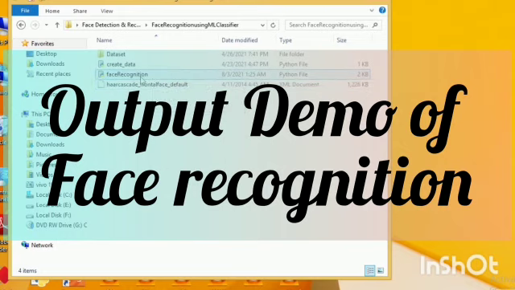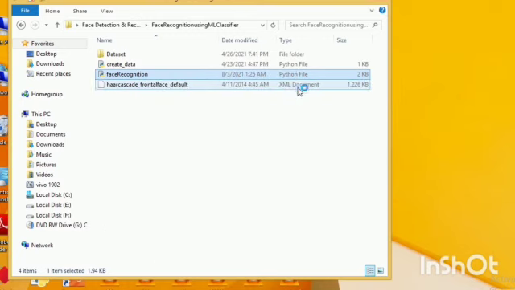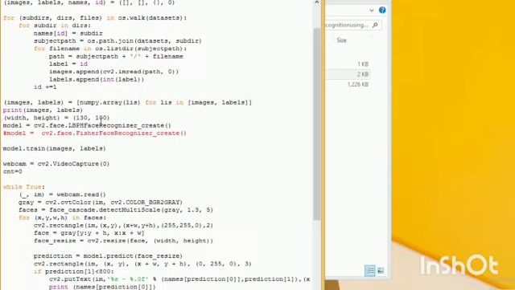Now I'm going to show the output of face recognition. Again, you need to right click and open with IDLE 3.7. This is our program for face recognition. Here we need to import CV2, NumPy and OS. Previously we imported only CV2 and OS, but for face recognition we also need to import NumPy. Again we load the Haar cascade frontal face algorithm, and then the data set. We already have some data set, so we are going to train it and compare the data set, using model.train.